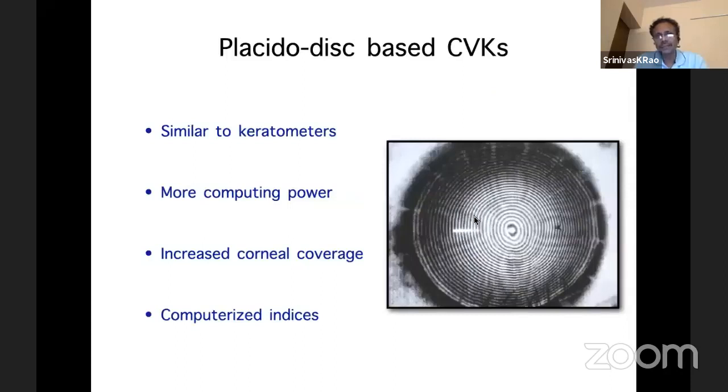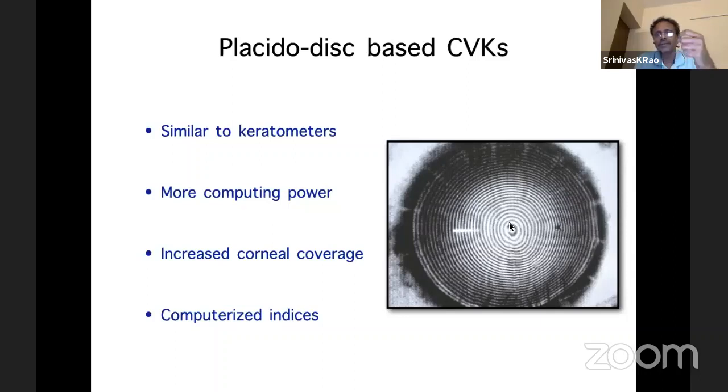So the same principle that I told you earlier for the keratometer works here. So we look at the smallest circle that has been formed by the topographer. These are broken down into 180 small segments of arc. The radius of curvature of each of these is computed. It's averaged, and that gives you the radius of curvature of the cornea at this point. Based on the distance of the second ring from the first ring, the radius of curvature of that area is